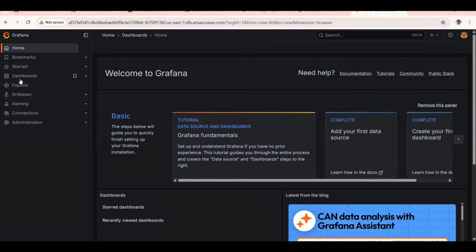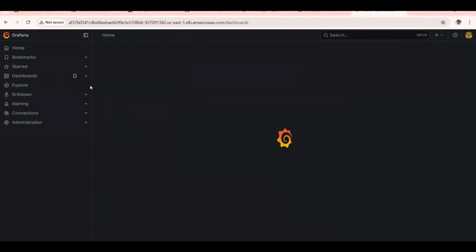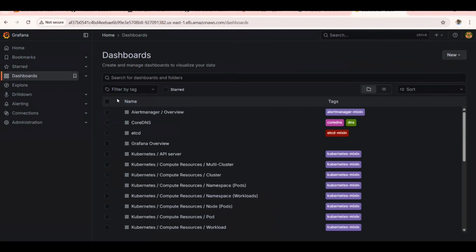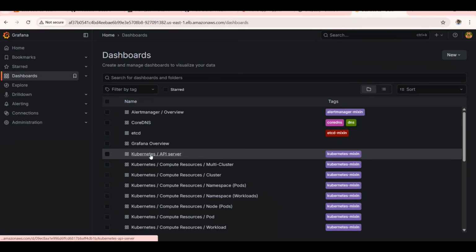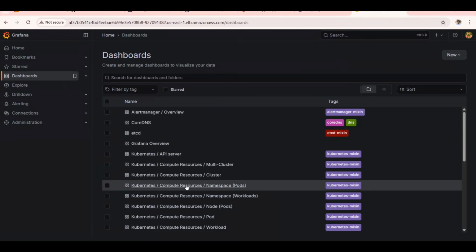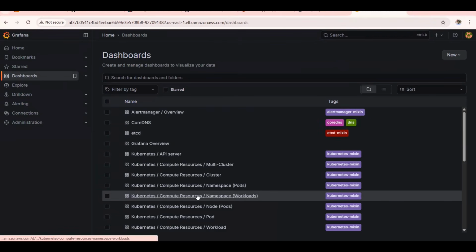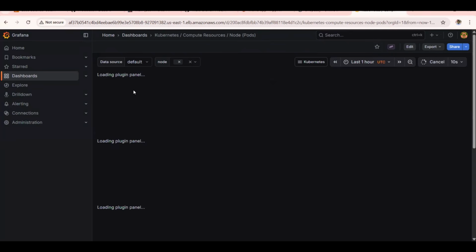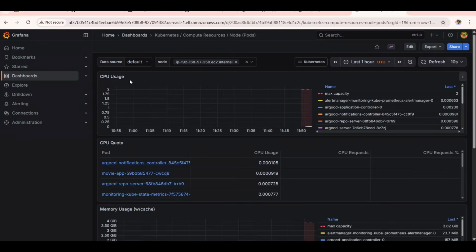So if you just click on dashboards here, there are some default dashboards for nodes, pods, deployments, clusters, everything. Default dashboards will be there. You see Alertmanager dashboard, API server, and then namespaces. That's basically pods, workloads in the namespace, pods. If you just click on each resource, you will be able to see how many pods are running this, their